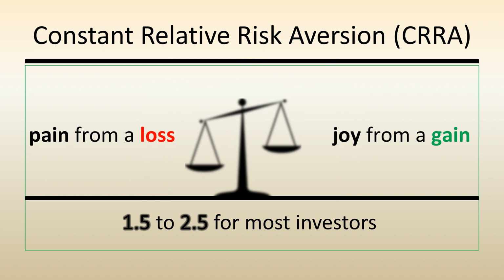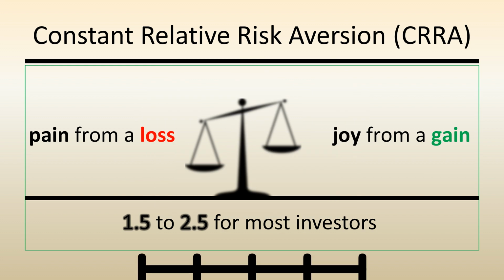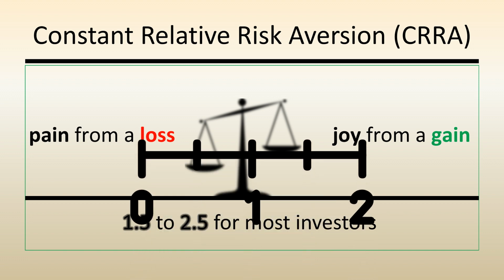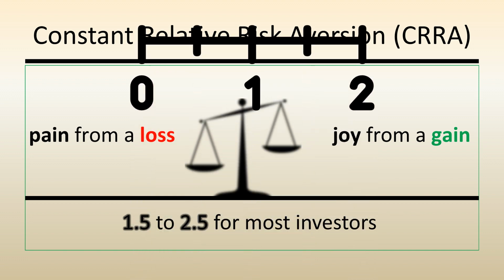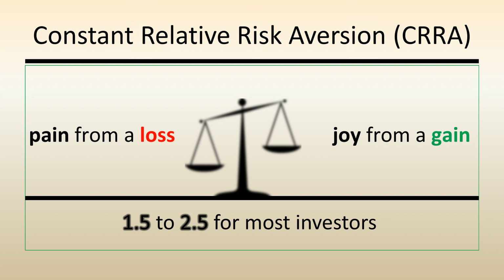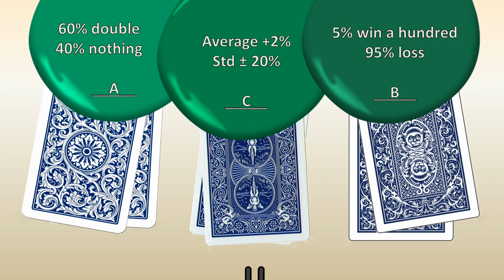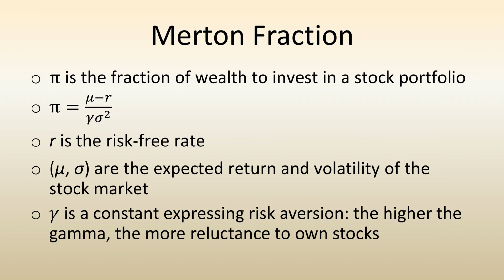To account for these facts, economists typically use a utility function, which is weighted to penalize losses more than rewarding gains. A typical function is called constant relative risk, which assumes a person will take the same risk regardless of their situation. It also happens to make the math easier. What if you do not know the chance of winning or losing, like in bet C, which gives a standard deviation? The answer to this is called the solution to the Merton Portfolio problem.